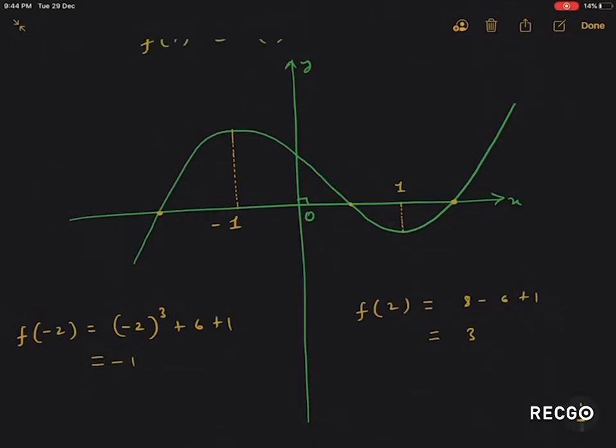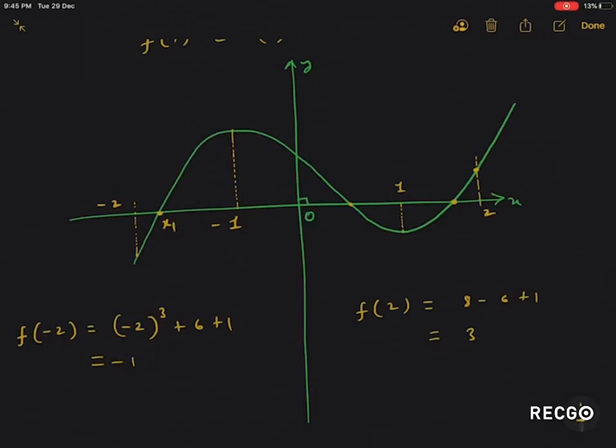So as you can see, f of minus 2 is negative, and minus 2 is lying on the left of the minus 1. And f of minus 2 is negative, which means this can be the possible position of minus 2. Similarly, this can be the possible position of plus 2, x equal to plus 2, x equal to minus 2, right? So we can see that the roots of f of x equal to 0, three roots are lying in,